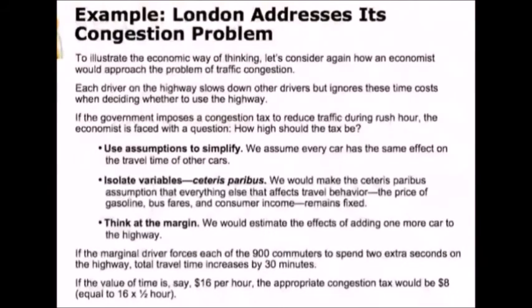So suppose that the value of time is $16 per hour, then the appropriate congestion tax would be $8. If I drive on the freeway, I slow down everybody else on the freeway by a total of 30 minutes, and if time is worth $16 per hour, I've cost the drivers on the freeway $8. So the appropriate congestion tax is that tax which would get me to consider my effect on other drivers, and that would be $8. And then I would have the incentive to reduce the number of times that I was on the freeway, and reduce it the appropriate amount based on how much time I'm costing other drivers.